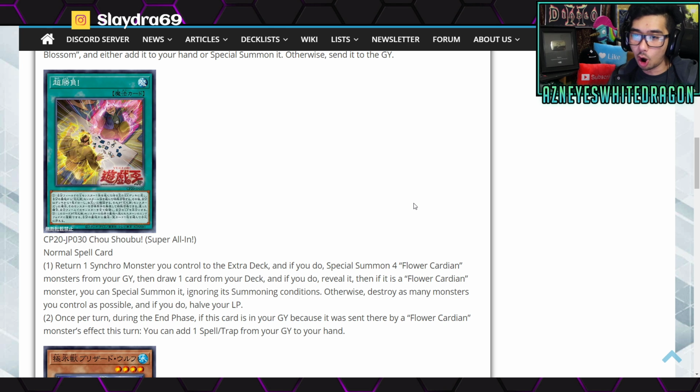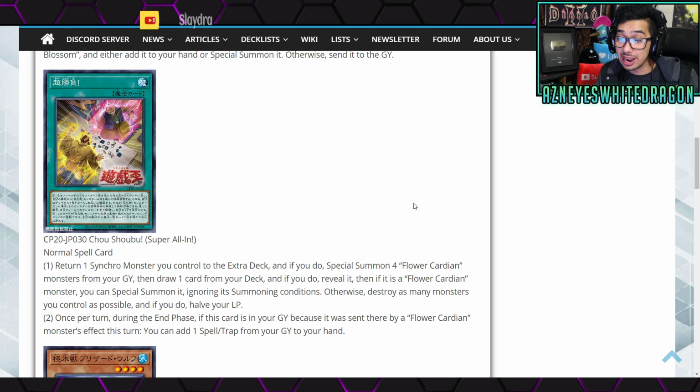Next up, we have Super All In. Alright, this definitely is a new card. Normal spell card: return one Synchro monster you control to the Extra Deck, and if you do, special summon 4 Guardian monsters from your graveyard,